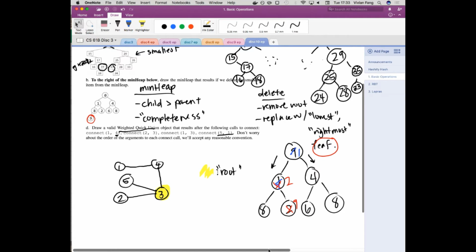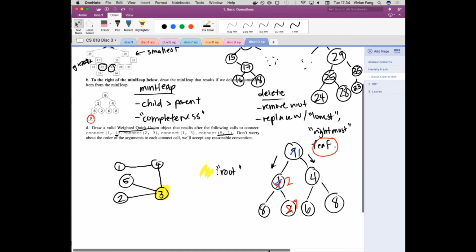What did you say the difference was between weighted quick union and regular? Okay, so weighted quick union basically ensures that our set is bushy, right? Because if you quick union things in a certain order, you could get a very spindly tree. But with weighted quick union, because you attach the smaller set to the bigger set, you enforce this rule of bushiness.